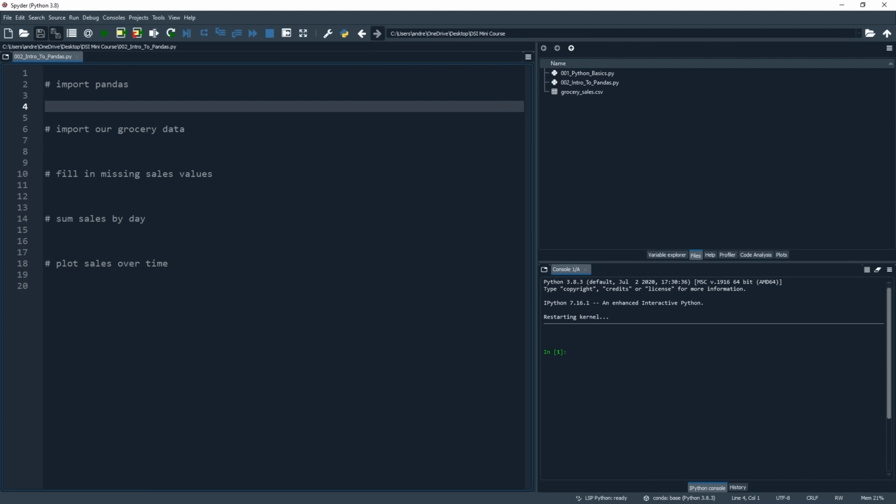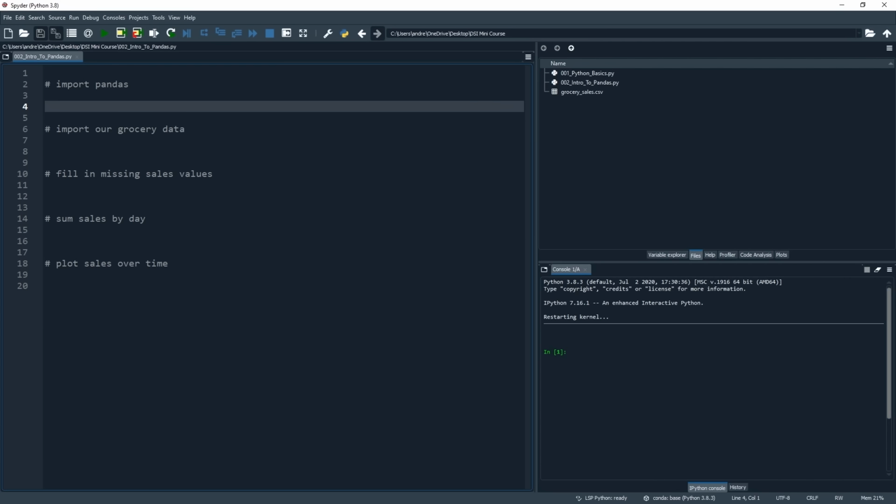So let's talk a little bit more about what Pandas is used for. Pandas works on tabular data, so similar to the type of data you'd be used to in an Excel spreadsheet. Rows and columns. Using Pandas, we can import data from many file types, including Excel, CSV, and text files, enabling us to do all of our analysis and manipulation right here in Python.